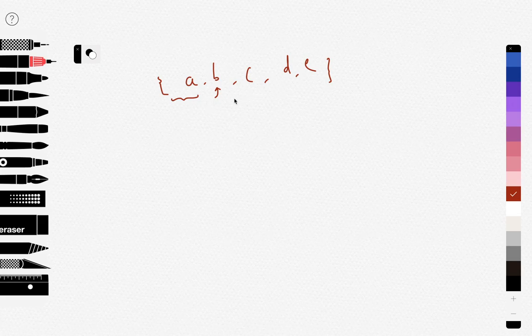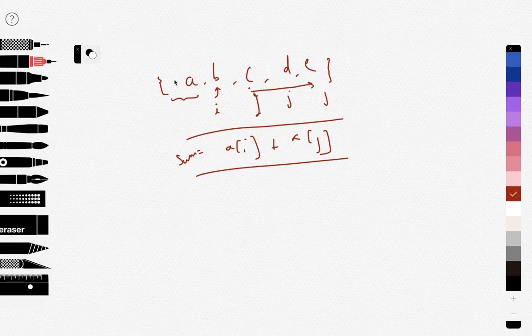For example, let's say this is a loop. So this is, let's say, the ith index, and let's say we are checking this initially, obviously. Then J will be here. So we will just go on checking every J, and so the sum is AI plus AJ. Here this A is not the same as the other A. Let's call this array as A, and let's call this as capital A. So the sum would be AI plus AJ, where AI is the current index that we are checking and J is the running index.